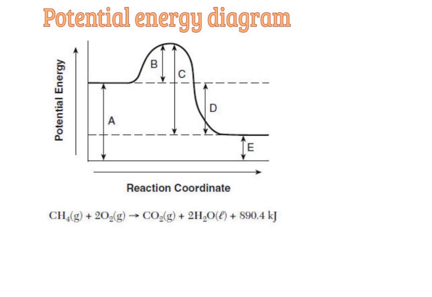So, potential energy diagram. It's a visual representation of the change of potential energy during the chemical process. So we would be able to see what's going on with the potential energy. Did the amount of potential energy decrease throughout the chemical process, or did it increase? We would be able to predict whether this particular reaction is exothermic or endothermic just by looking at the potential energy diagram. So this one over here